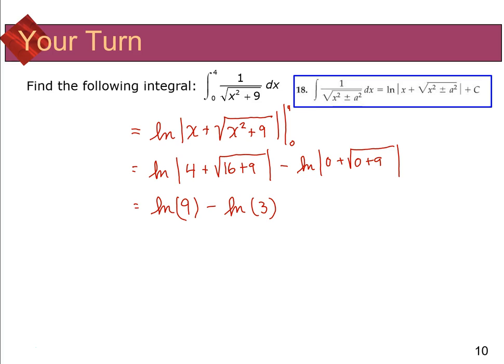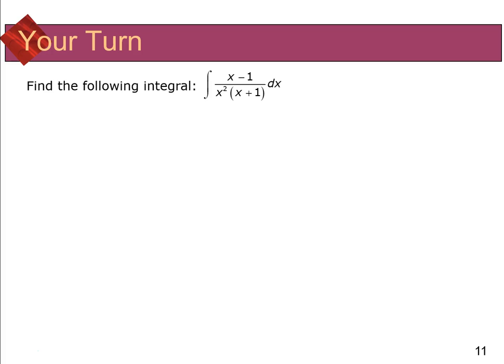And if I use the rules that we've established for logarithms earlier in this term, then that's the same thing as the natural log of 9 divided by 3, which is the natural log of 3. That's the exact answer. If you want to get a decimal answer at that point, that's fine, but oftentimes they're going to give the exact answer first. So, the next one, and the last one we're going to look over for this,